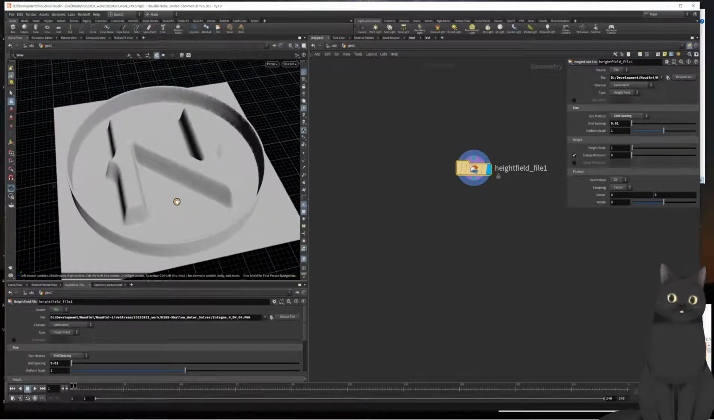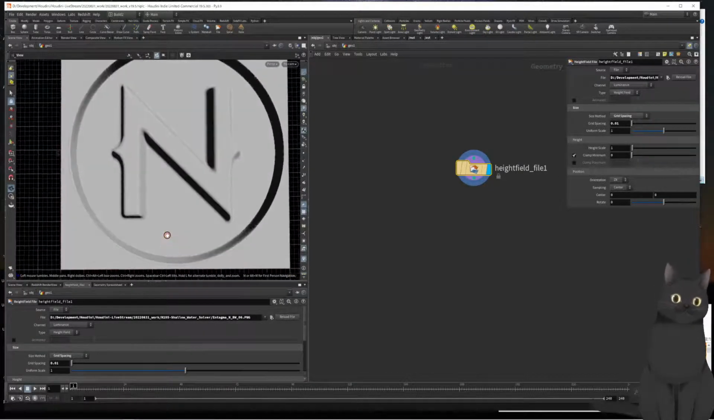Next, let's add the source. That's the other image I've shown you by copying and pasting this height field file here and wiring it up below here. And automatically Houdini has